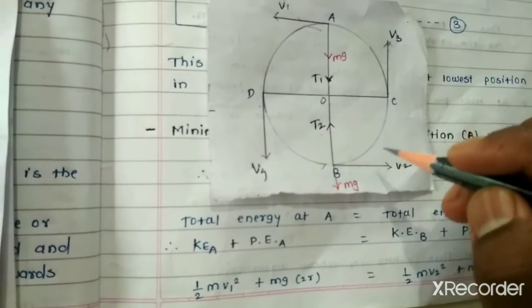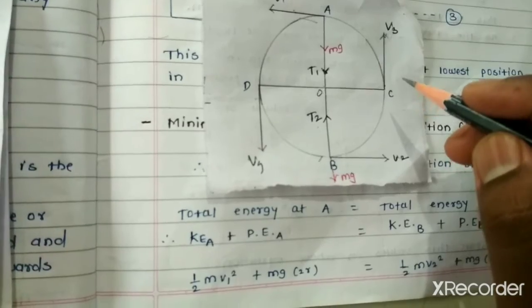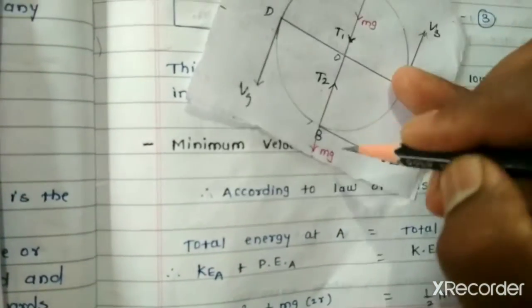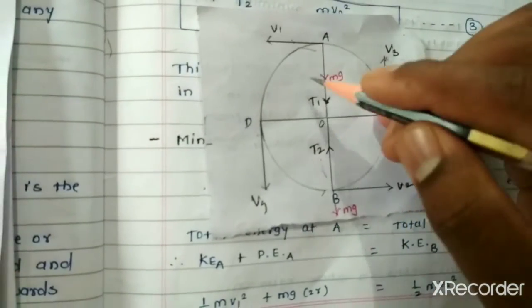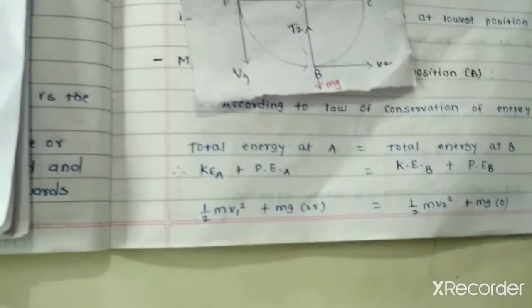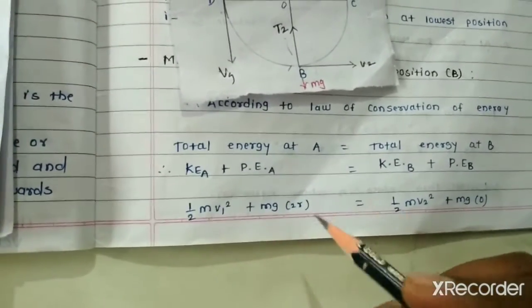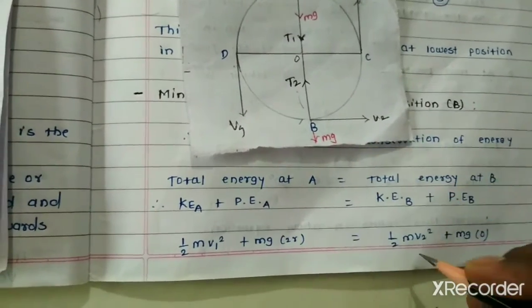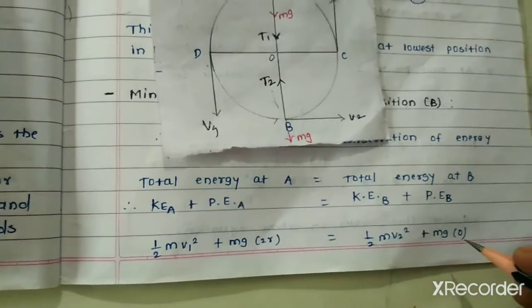It means the total upward distance traveled by the particle from B to A is this radius R and this radius R, means it is 2R. That's why here mg into 2R is equal to kinetic energy at B, that is half into m into V2 square plus